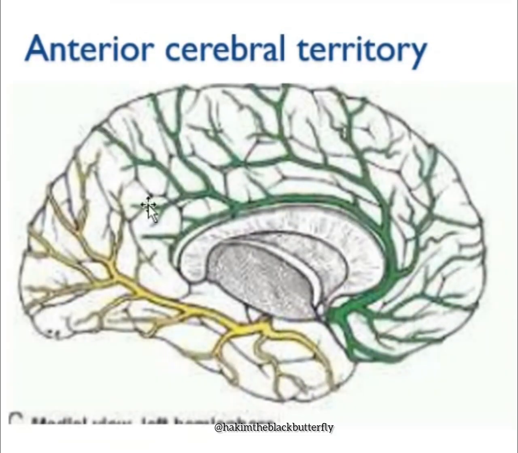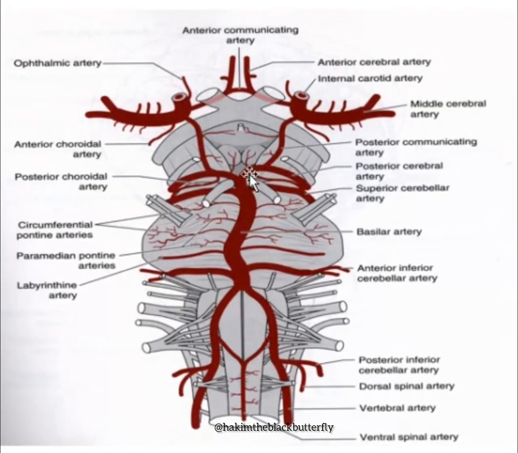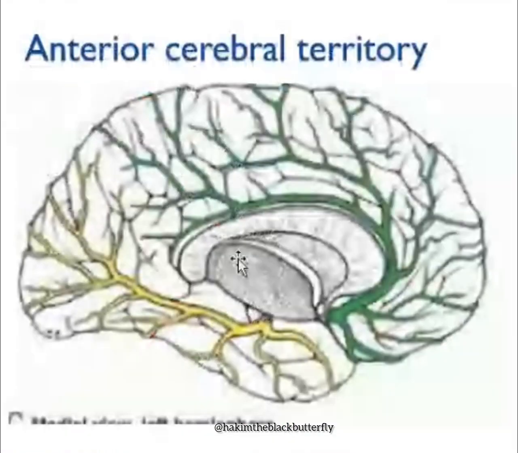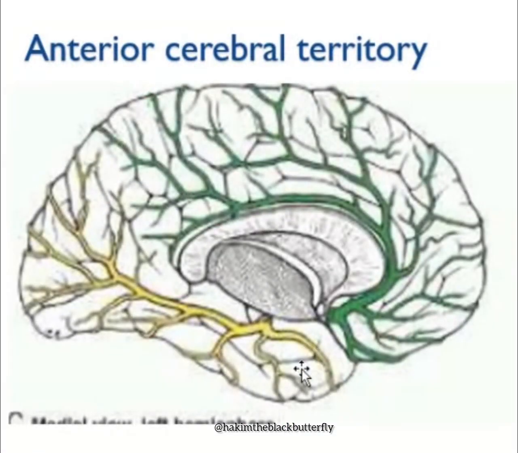And it ends at the parietal occipital sulcus. Then the medial aspect of the occipital lobe and the medial aspect of the temporal lobe are supplied by the posterior cerebral arteries. So this is the posterior cerebral artery. We saw it here, this one. It is going to supply the medial aspect of the temporal lobe and the medial aspect of the